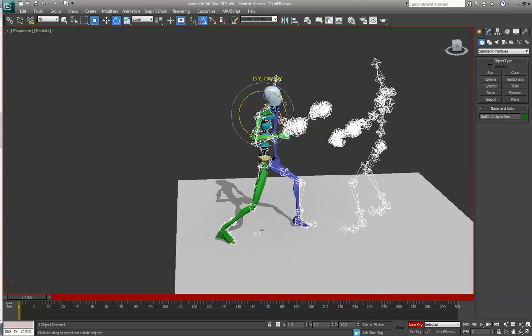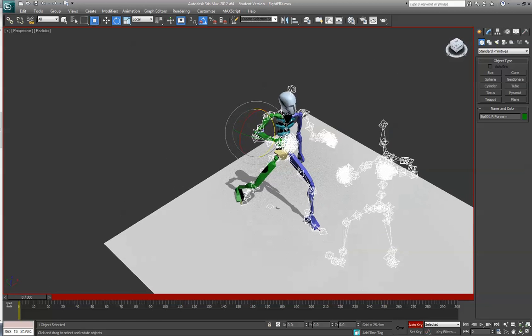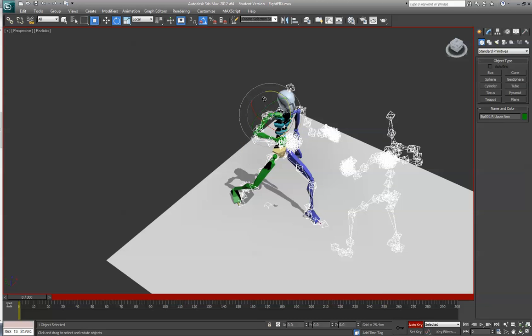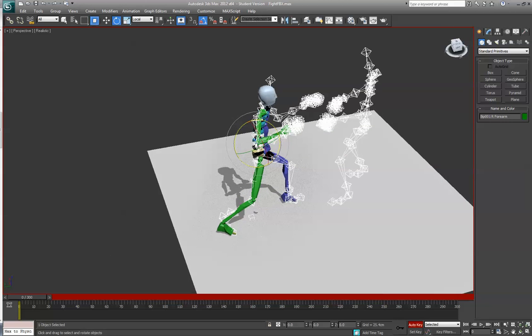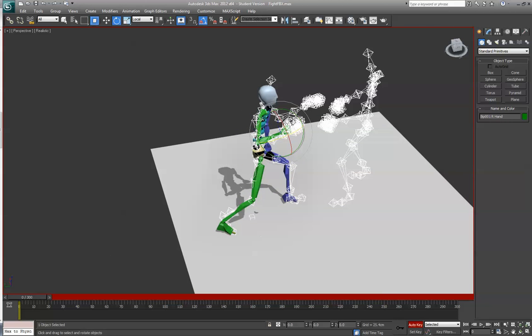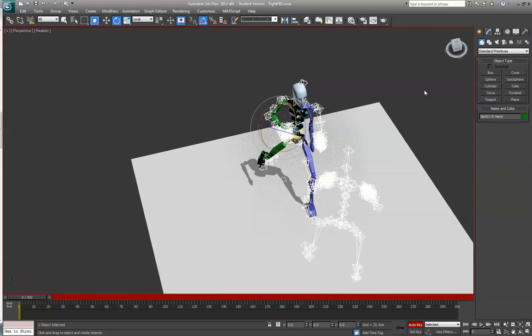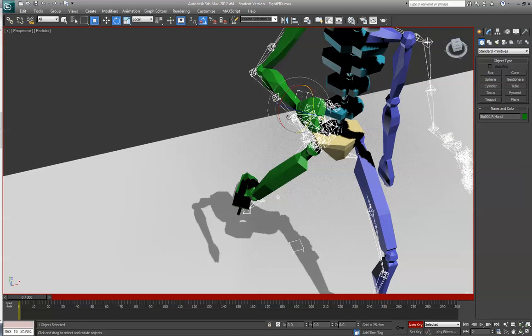Switch to local because sometimes that's just easier to manipulate. Local just basically means it's going to change the rotation based on where it is in the hierarchy. So now for a moment, it's a little hard to see. So you can see that